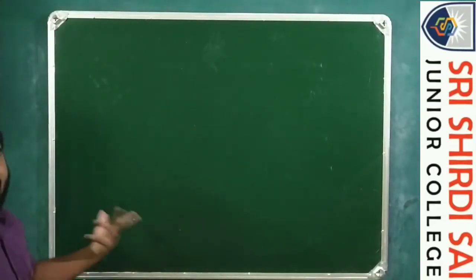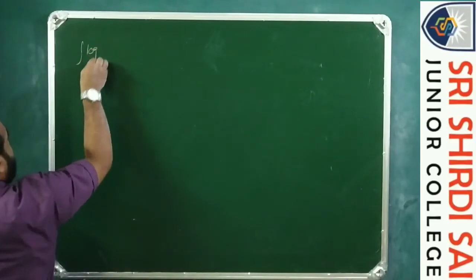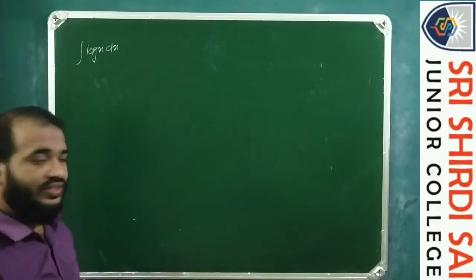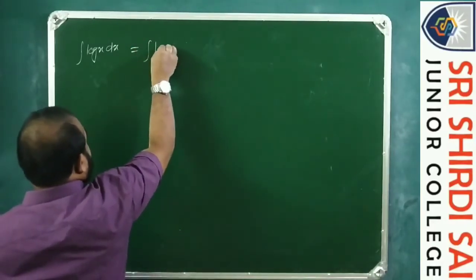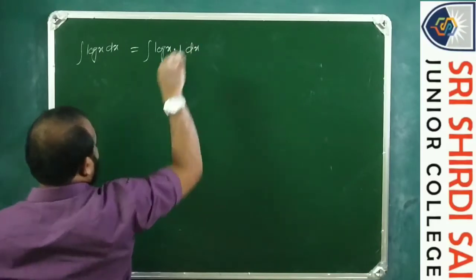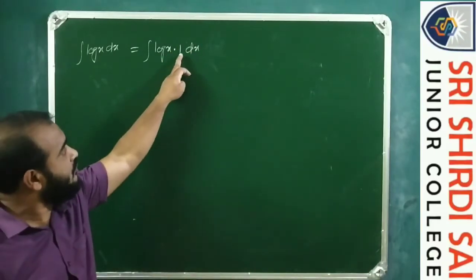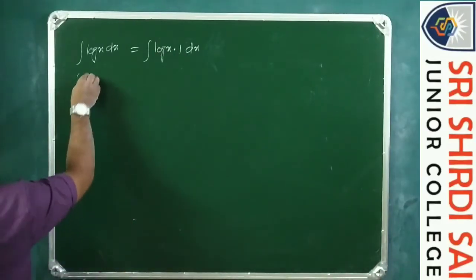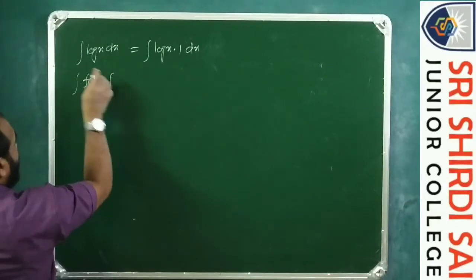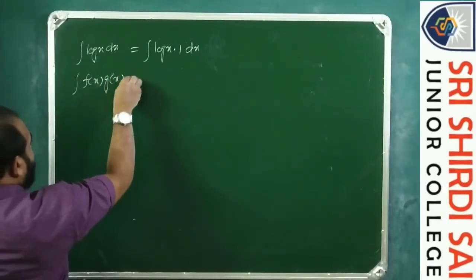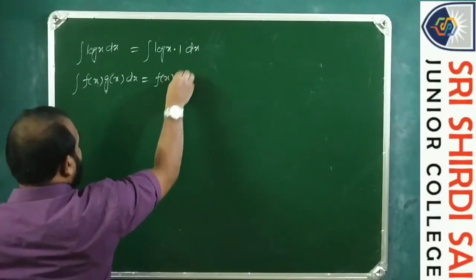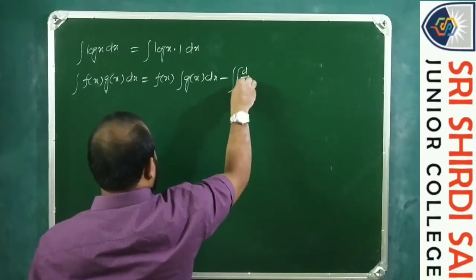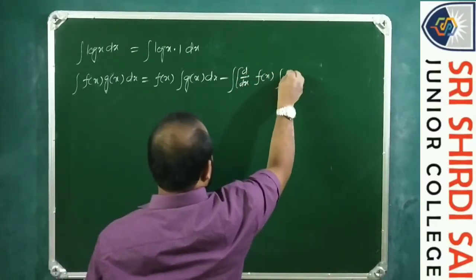Now let us see another example, integral log x dx. We don't know how to do this directly, but we can take log x into 1. So the second function is treated as unity. This is f of x and g of x. We know that integral f of x into g of x dx is equal to f of x into integral g of x dx minus integral of d by dx of f of x into integral g of x